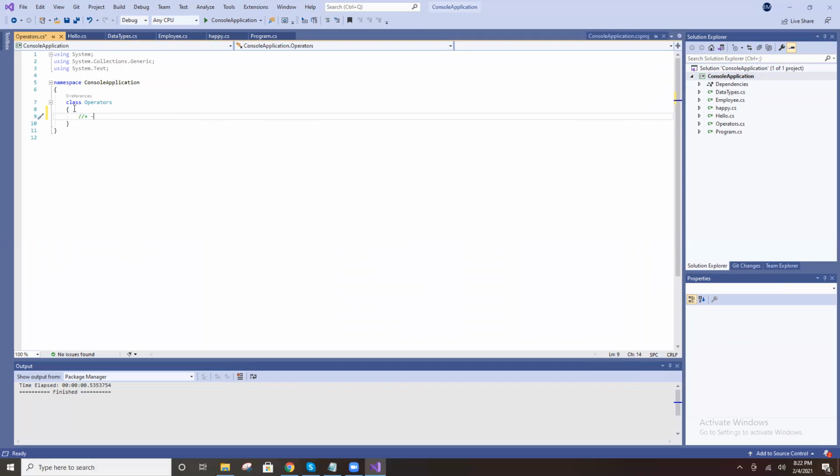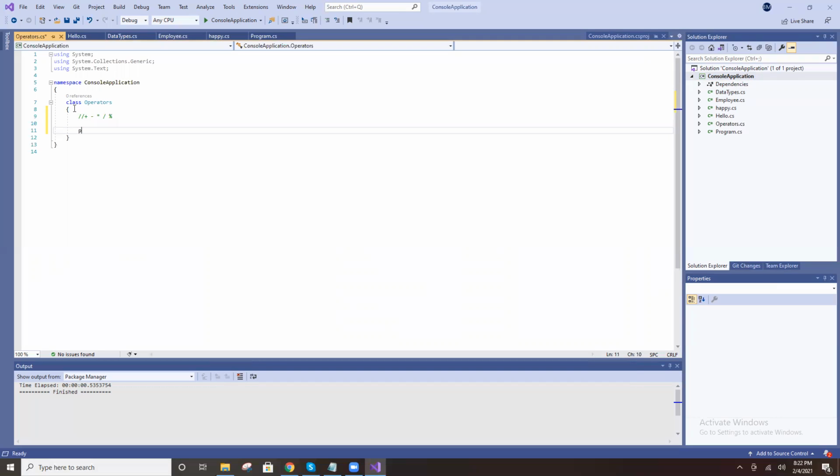Then subtraction, multiplication with star, division, and percentage. These are the operators available in C sharp or Java. These are also the operators in normal mathematics.